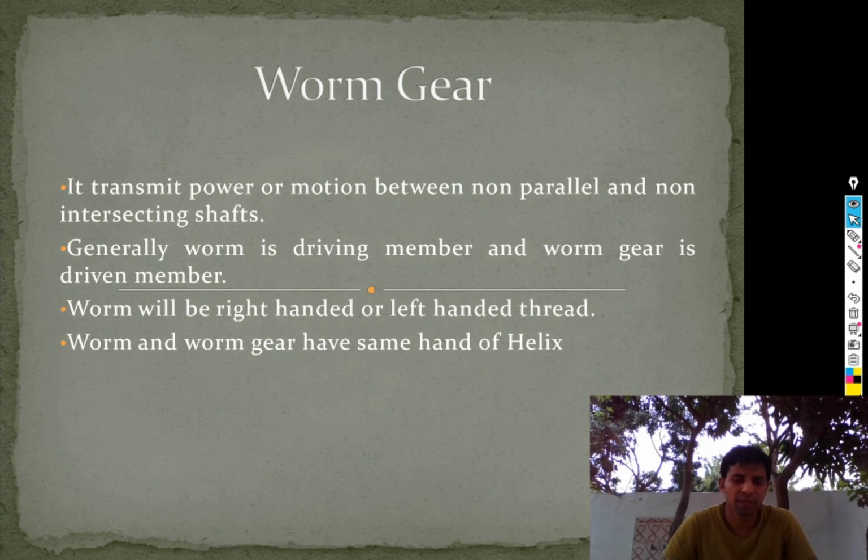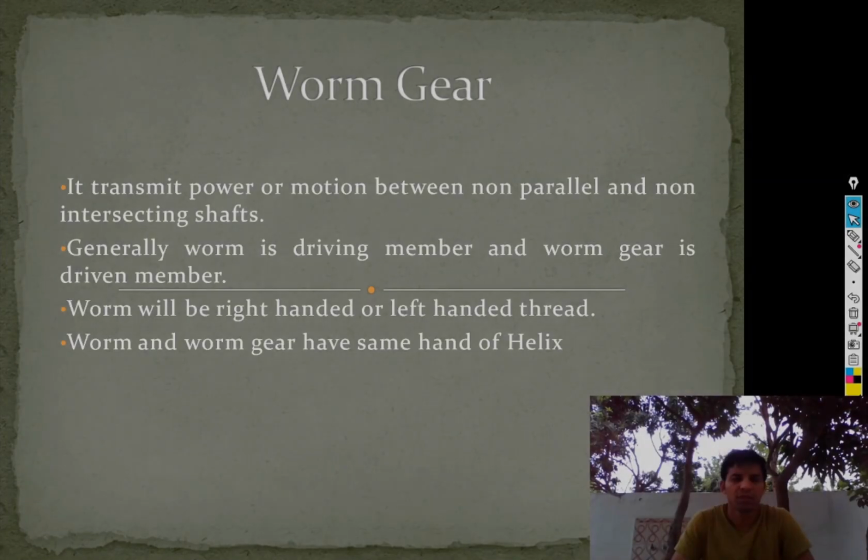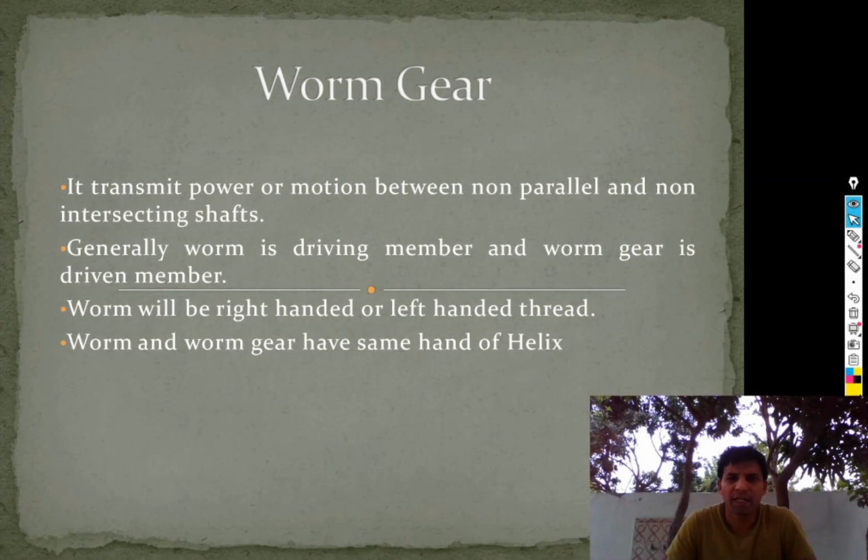So students, first is what is a worm gear? A worm gear is a gear which transmits power or motion between non-parallel and non-intersecting shafts. So it helps in transmitting power between non-parallel and non-intersecting shafts. Generally, the worm is a driving member. The worm, that is in linear position, is generally the driving member in all the arrangements, and the worm gear is the